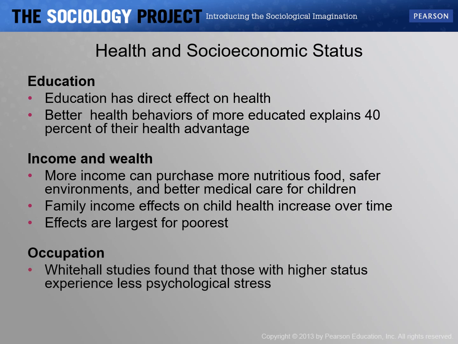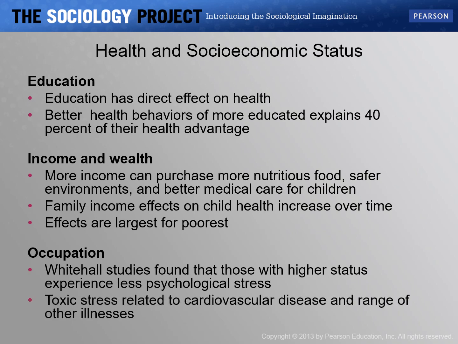And of course, occupation also makes a difference. Whitehall studies found that those with higher socioeconomic status experience less psychological stress. And you'll notice that education, income and wealth, and occupation are all three of those major stratification measures that we talked about at the start of this chapter. Toxic stress related to cardiovascular disease and a range of other illnesses are good examples. And finally,